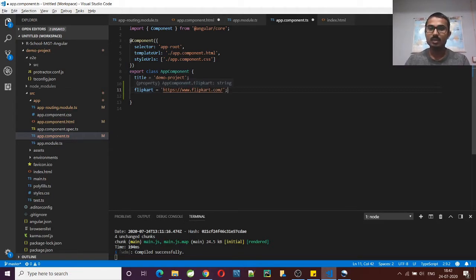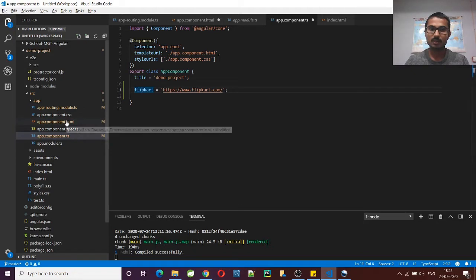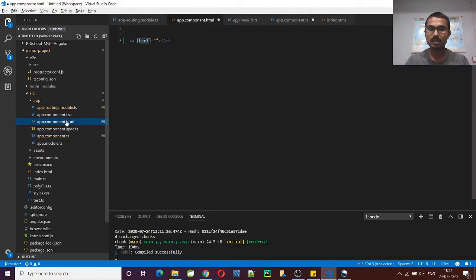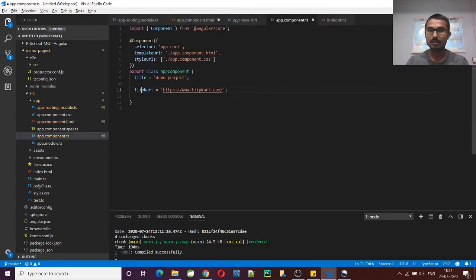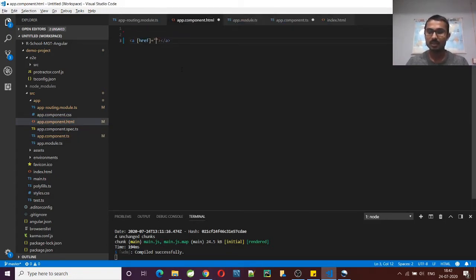And this URL will be dynamically appended to this href. While clicking this anchor link, this value will be picked from the component and it will host that URL. So here I have created Flipkart, copy this, and here we can use it. And here we can say Flipkart.